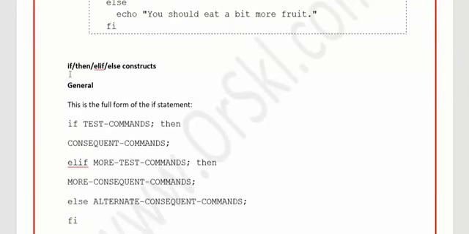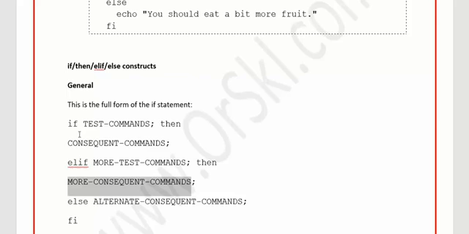Alright. Now let us see how I can use else if constructs. You know what is else if, right? If you have condition number 1, if that falls true, yes, you have consequent commands. But if you have any other conditions also, for which you have more consequent commands to be executed, that means if you have 2 to 3 conditions, not just 2, if you have 3 conditions for which you have 3 different sets of commands to execute, then definitely else if is the first one, which is very, very important for you to understand in shell scripting.